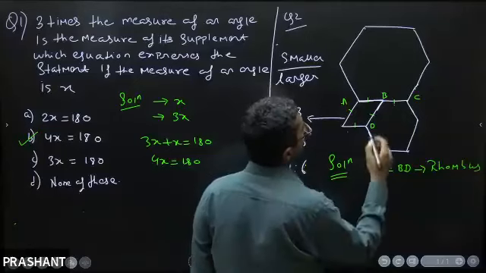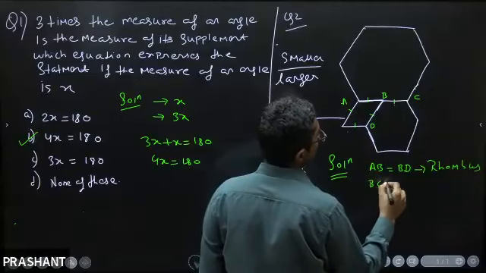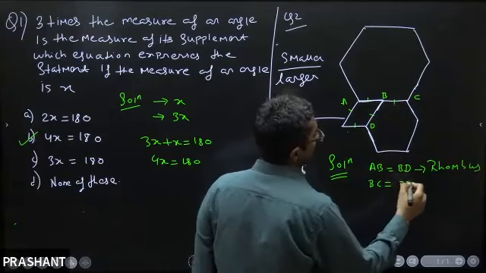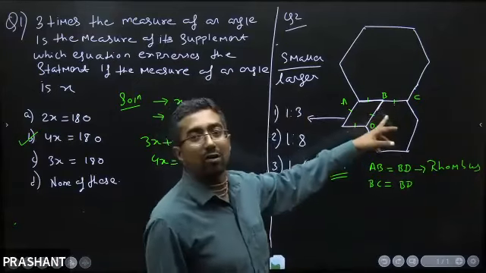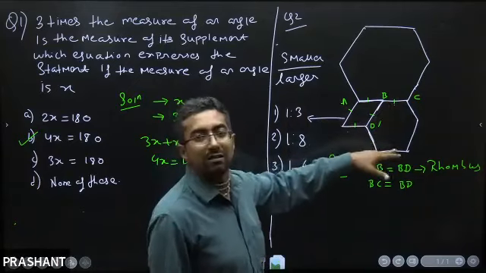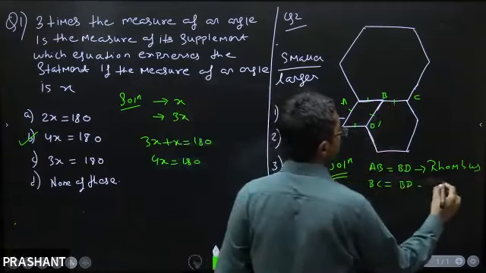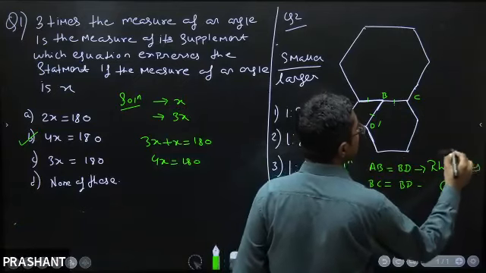And if you have BC equal to BD. Why are BC and BD equal? Because this is a regular hexagon. So from these two equations, what do we get? From the first equation and the second equation,